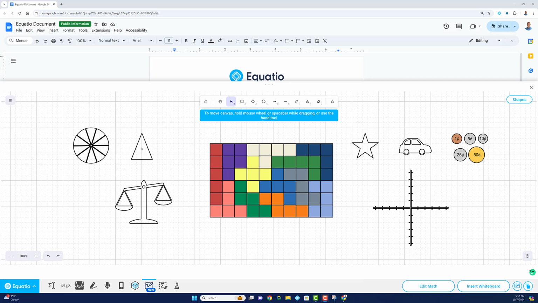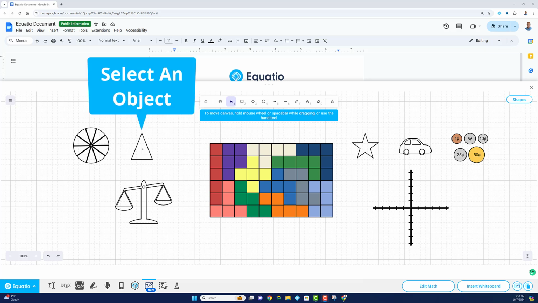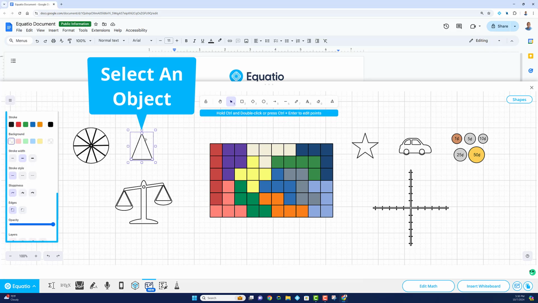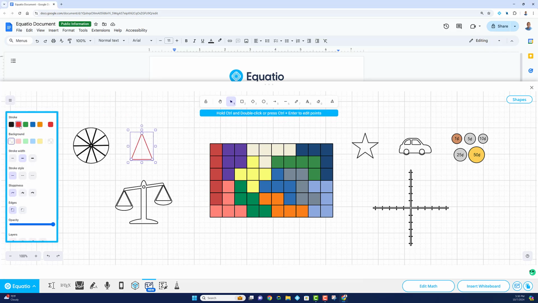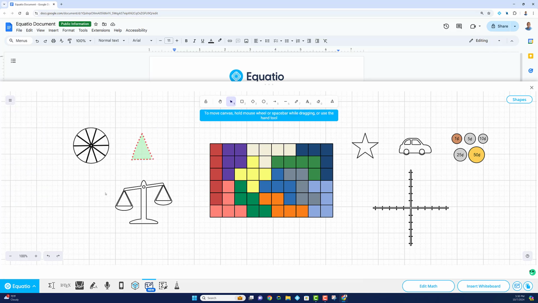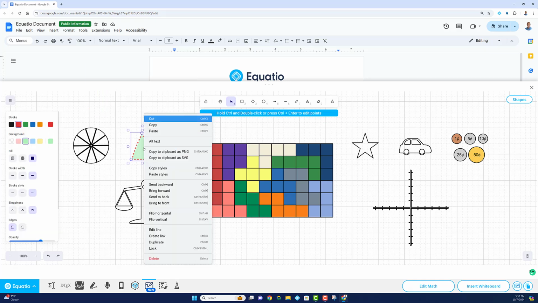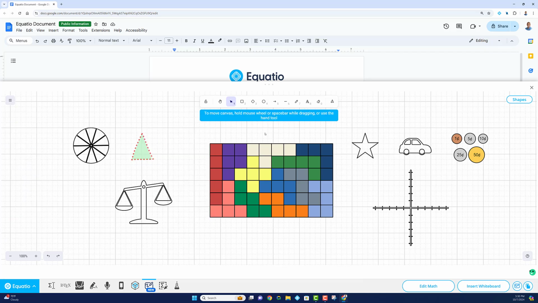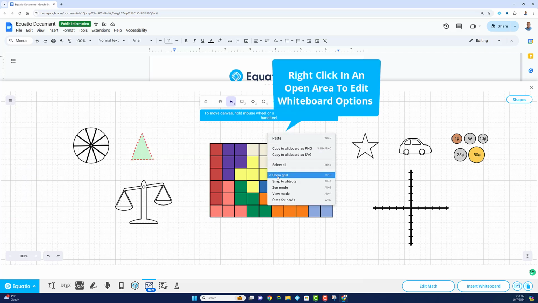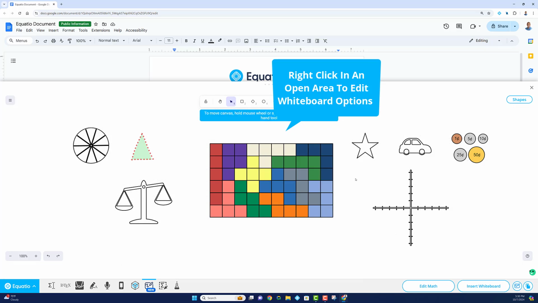There are many features to love about this whiteboard. Let's start with the customizations. Each shape can be altered to your liking, including color, background, stroke width, stroke style, sloppiness, opacity, and more. You may also notice that right-clicking on an item on the whiteboard provides additional flexibility in terms of shape placement, snapping to other objects, removal of the grid paper, and more.